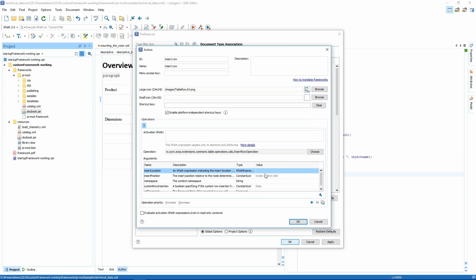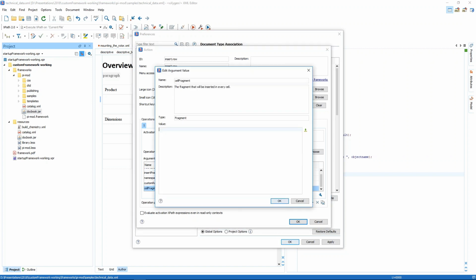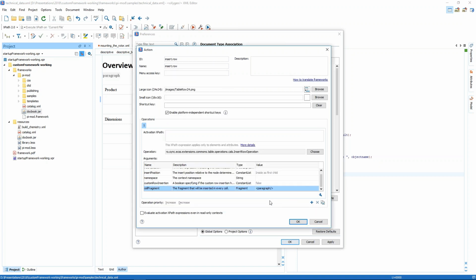Let's check its parameters. The insert location, we don't need it, but the cell fragment is useful. So we will put a paragraph element inside each cell, like so. So this is the insert row